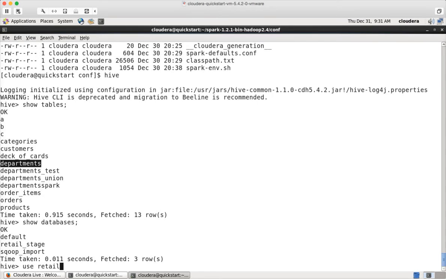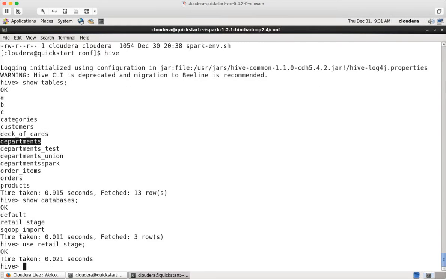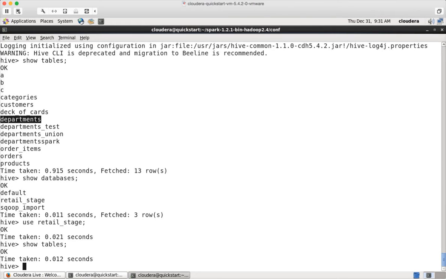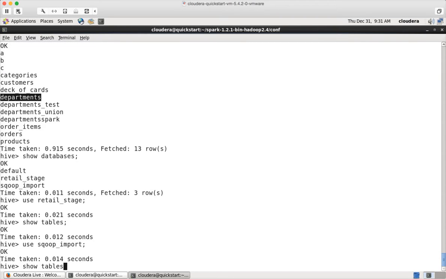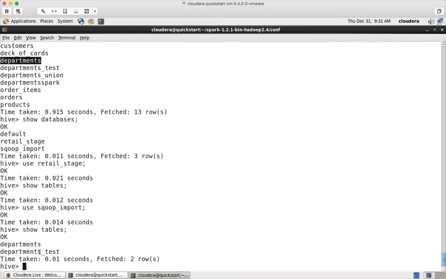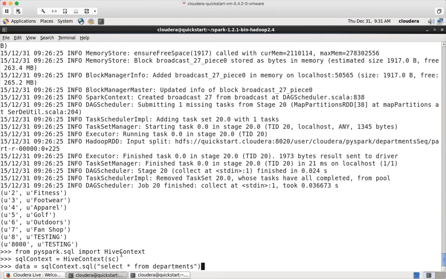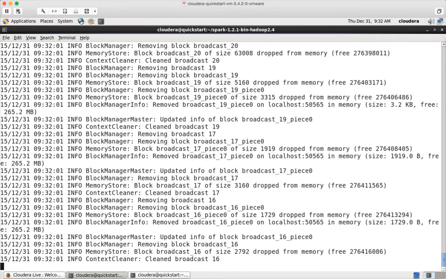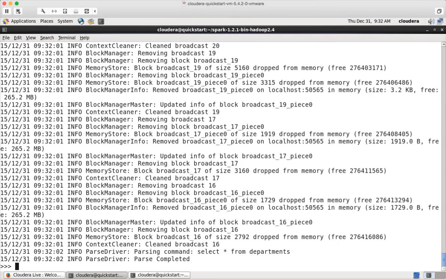You can also do use retail stage, show tables, to list the tables. There are no tables here, so we'll check the other one also, sqoop import, and show tables, and hit enter. There are two tables. So first let us run the query against the default database. Now the collection is created, and you can say for i in data.collect()